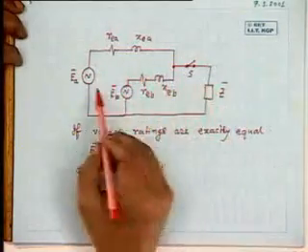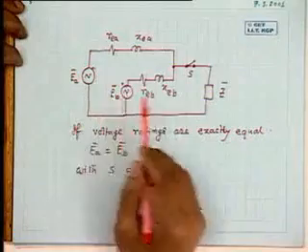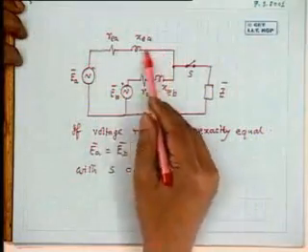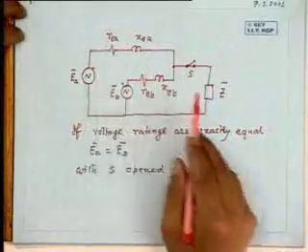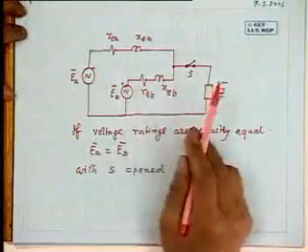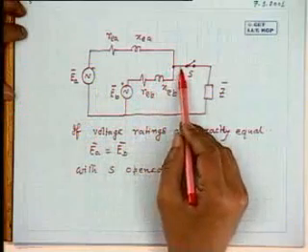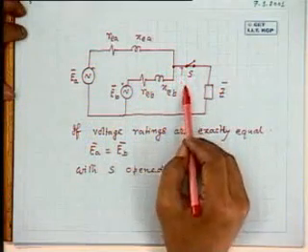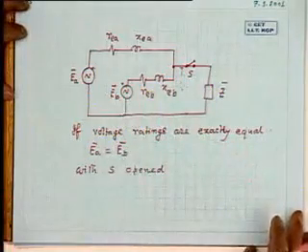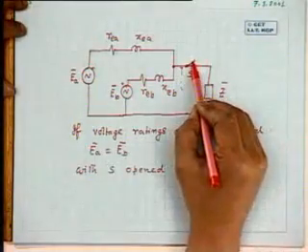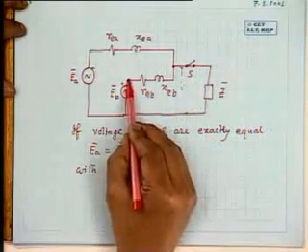How much will be the circulating current? 0, because EA, EB, they are all equal and acting in opposition. So no voltage is impressed across the series combination of this A leakage impedance and B leakage impedance. So there will be no circulating current. And your terminal voltage here will be same as EA or EB, because no current is flowing. So suppose if you measure this voltage with the help of a voltmeter, this voltmeter will read simply EA or EB, like that.